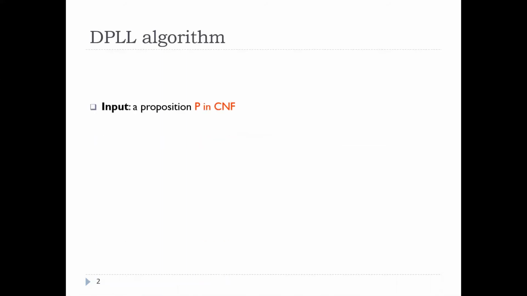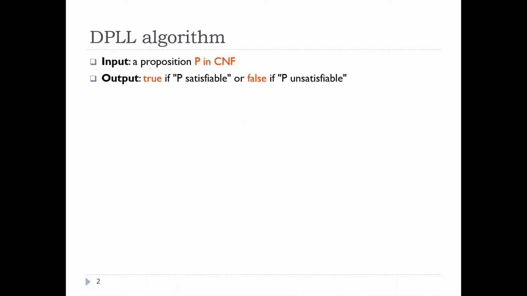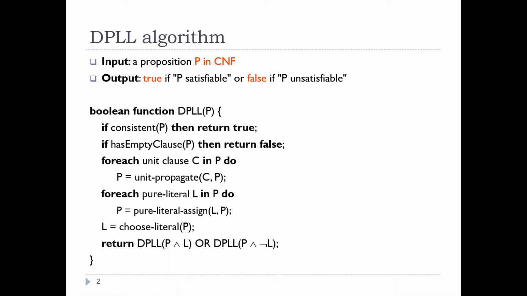In this segment, we're going to look at the pseudocode for the DPLL algorithm and the ways in which we can make DPLL a more effective algorithm. So let's start. Firstly, we're going to look at the basic DPLL algorithm. Input will be a proposition P in conjunctive normal form and output will be true if P is satisfiable, false if P is not. Now let's look at the algorithm. It basically consists of 4 parts. We're going to look at it step by step.